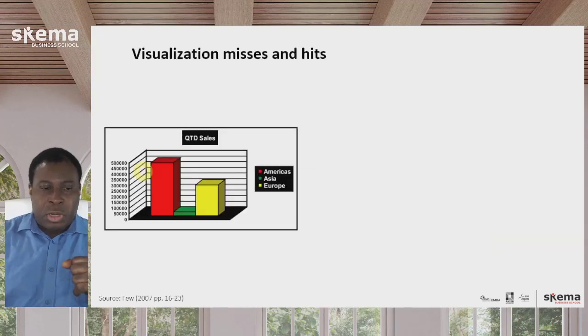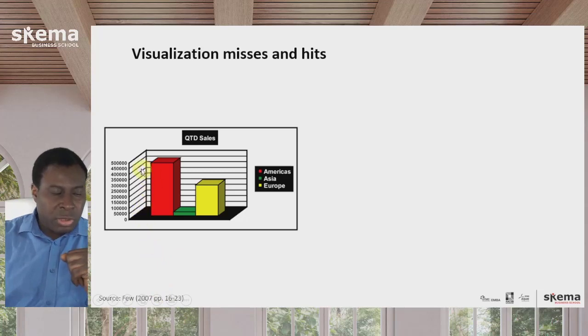So these examples all come from Stephen Few, and the citations are at the end of the slides. So here's a column chart, which, from what we can see, shows quarter-to-date sales for the Americas, Asia, and Europe. It's pretty, kind of, but there are a lot of problems with this. For example,